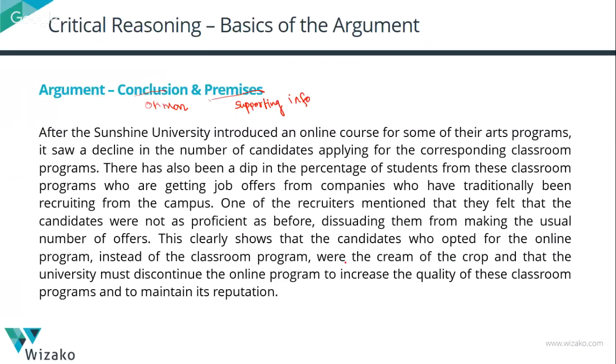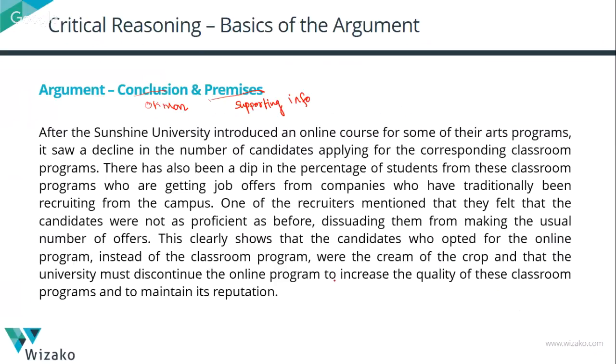Now, whenever you read an argument, take the time to identify the conclusion in the argument. Weaken questions are essentially asking you to weaken the conclusion, point out that the conclusion in the argument need not necessarily be valid. If you don't understand what the conclusion in the argument is, then it's very likely that you might end up with the wrong answer on these question types. So once you finish reading an argument, ensure that you take a minute and tell yourself, this is the opinion that the author is expressing.